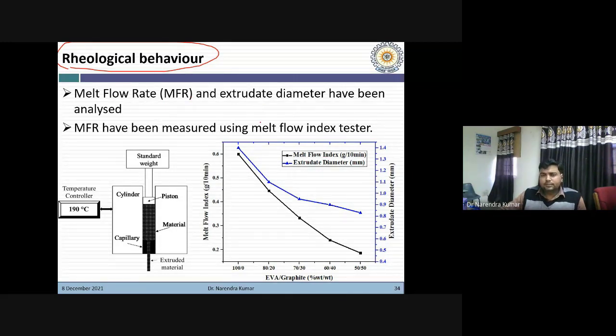and the diameter, meaning how the diameter changes with the addition of graphite powder particles into the EVA matrix. That was very interesting for us because of the additive manufacturing application of this material.